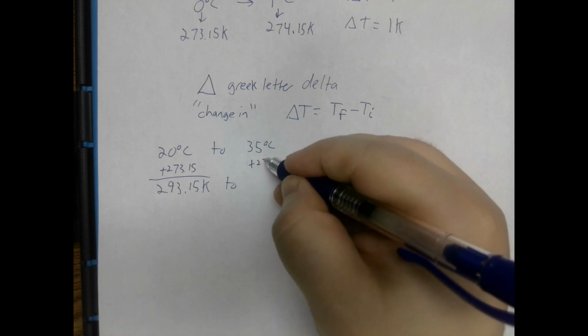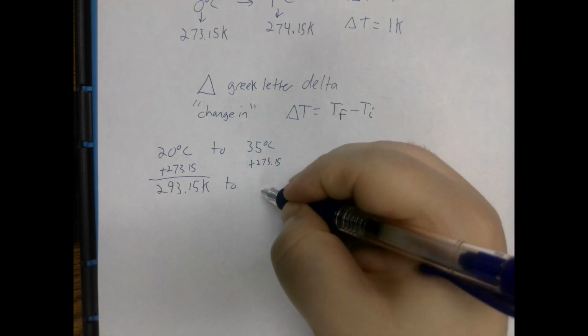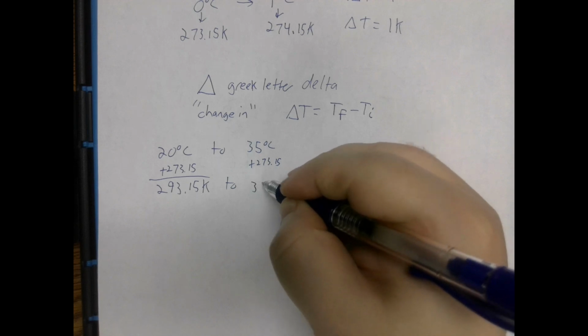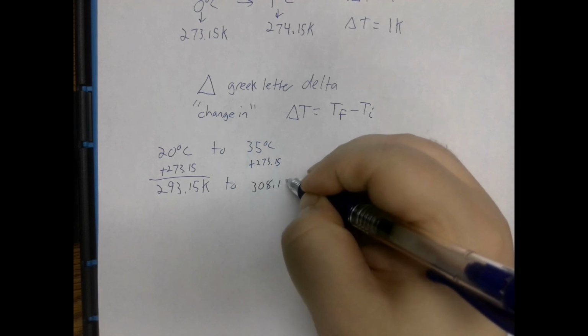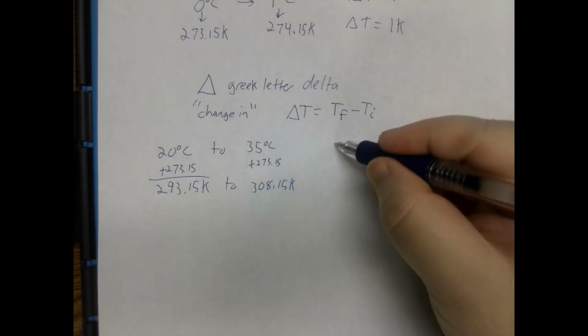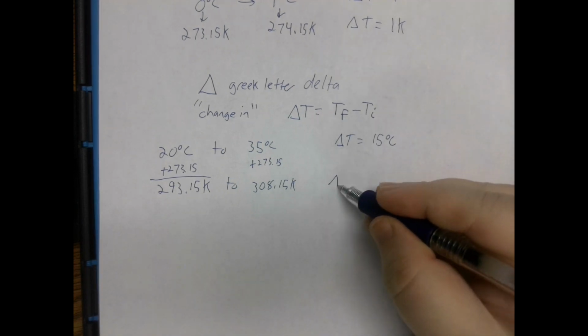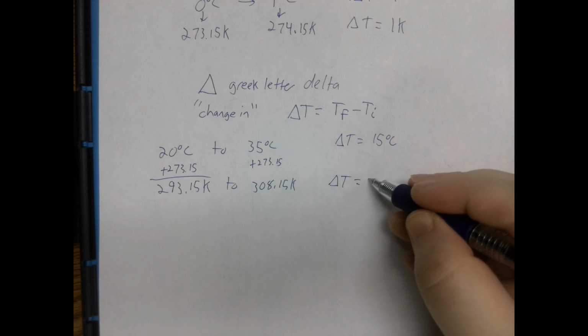And we add 273.15, so that would be 308.15 Kelvin, right? And so the change in temperature is 15 degrees Celsius, or you can say the change in temperature is 15